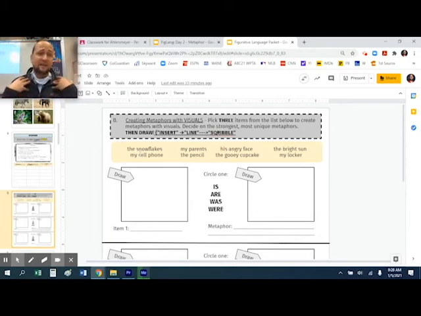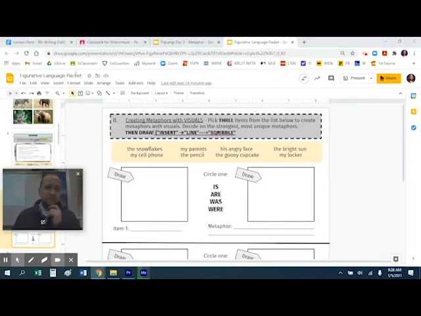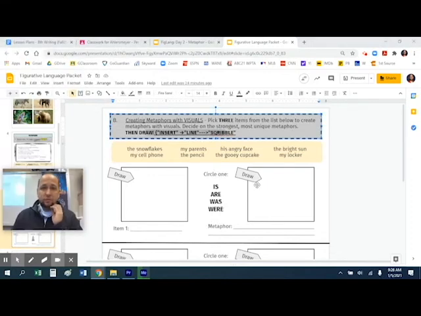And I don't want you to spend a ton of time on this, because it's not about drawing. If you need to draw a snowflake, I'm pretty sure you could do that real quick. Stick figure and angry face. So that's why they're pretty basic. But anyways, have fun with it. But compare two things between those there. It shows you how to draw if you need to: come up to insert, line, and scribble as you go.